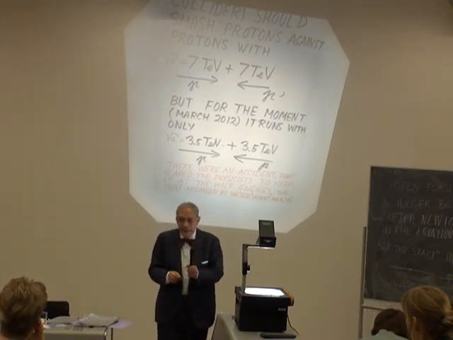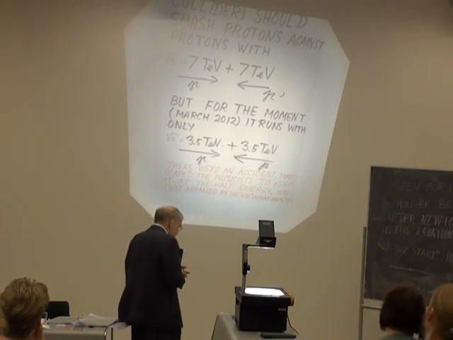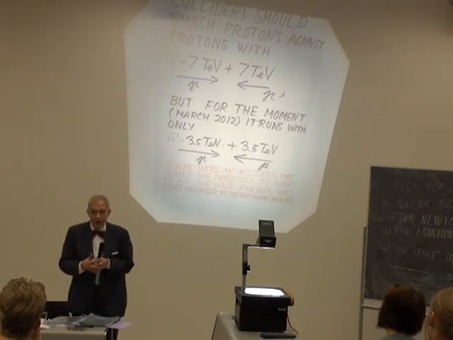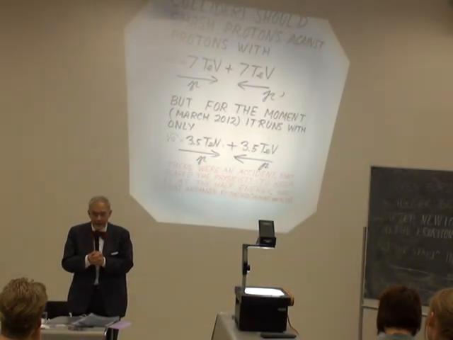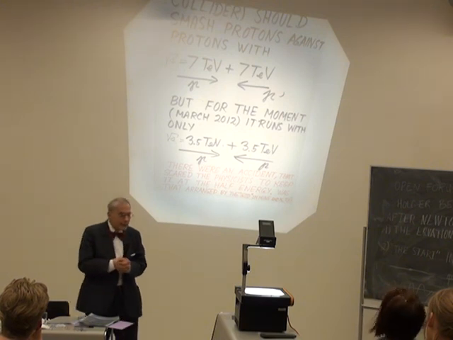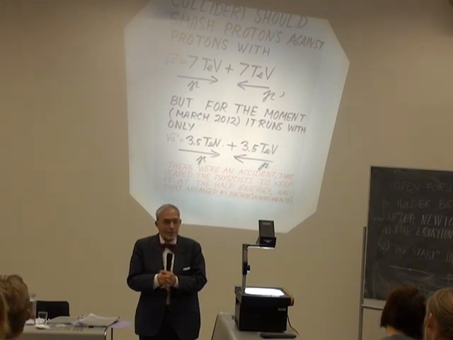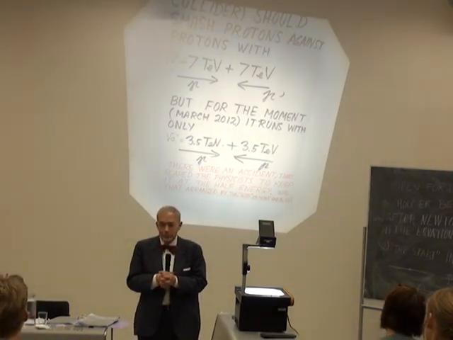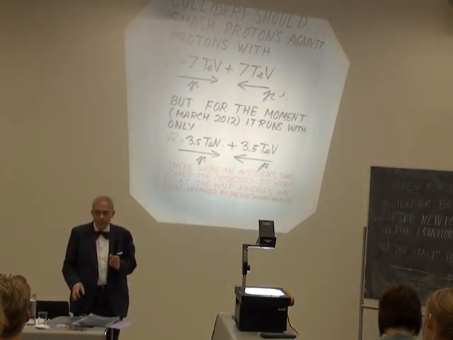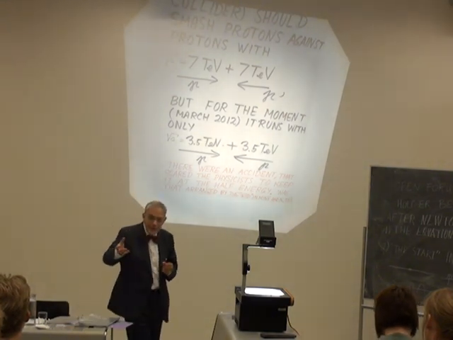I didn't yet mention that there was a machine in Texas called SSC. And this machine in Texas was killed by the Congress before it ever got started. But one had made about a quarter of the tunnel, and it should have been somewhat bigger than LHC, but in many respects similar to LHC. So in that way, it would have been bigger, and produced a lot of Higgses, but it never